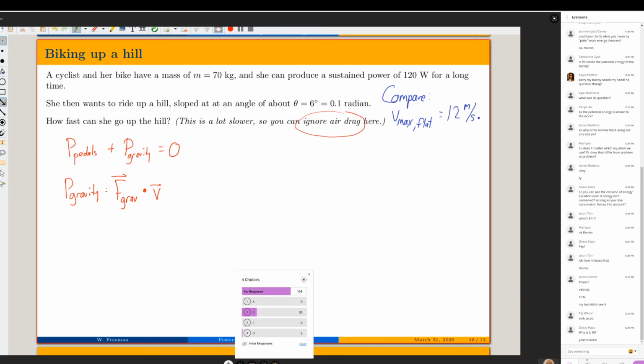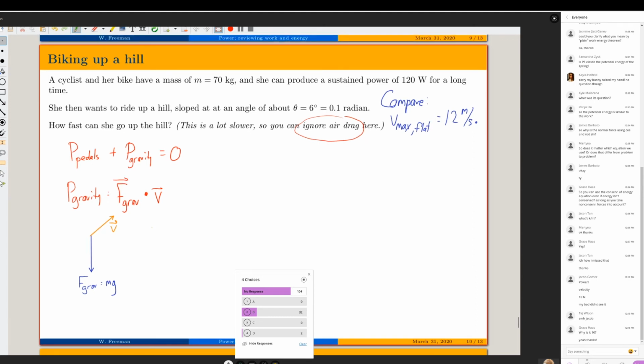So if I think about these vectors, if I'm going up a hill, there's gravity, there's the velocity. Notice that they are not parallel. If I then look at the vertical component of velocity,